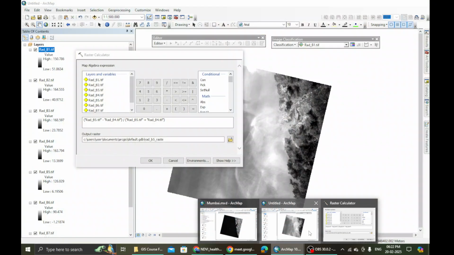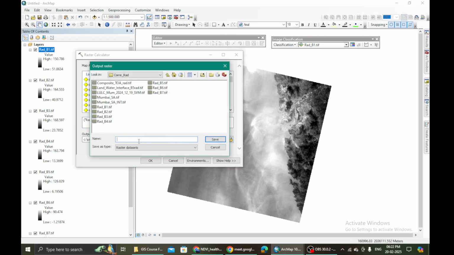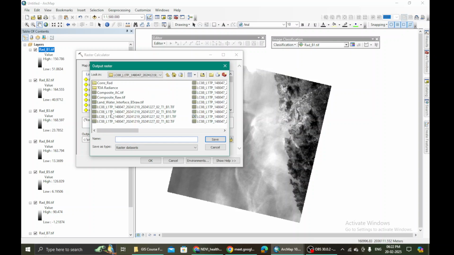Now coming back to here, let's save this particular band and we call it NDVI. And what is the date of this particular image? Let me just find it out. The date of this satellite data is 2024 12/19, that is December 19th of 2024.